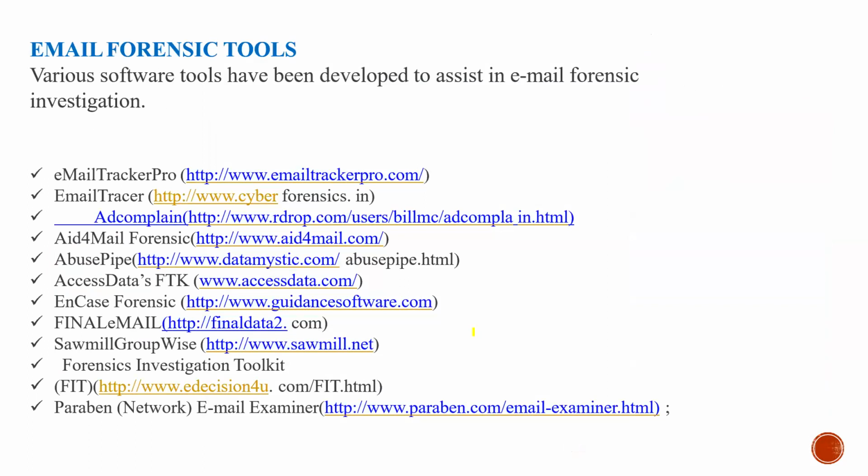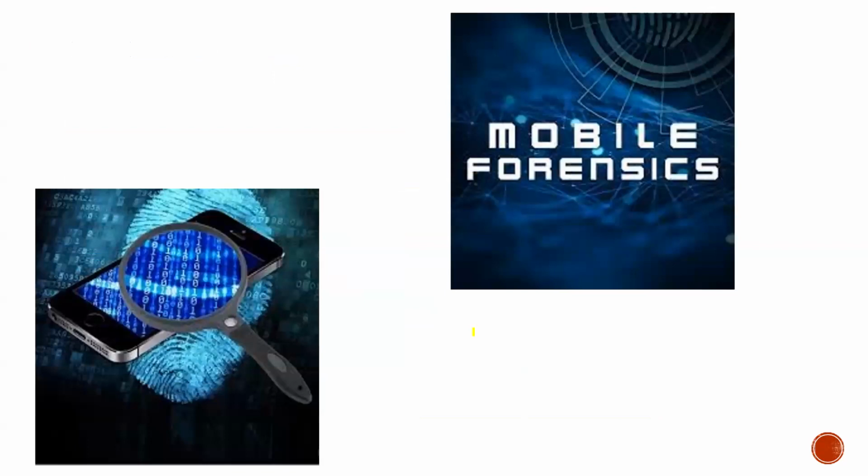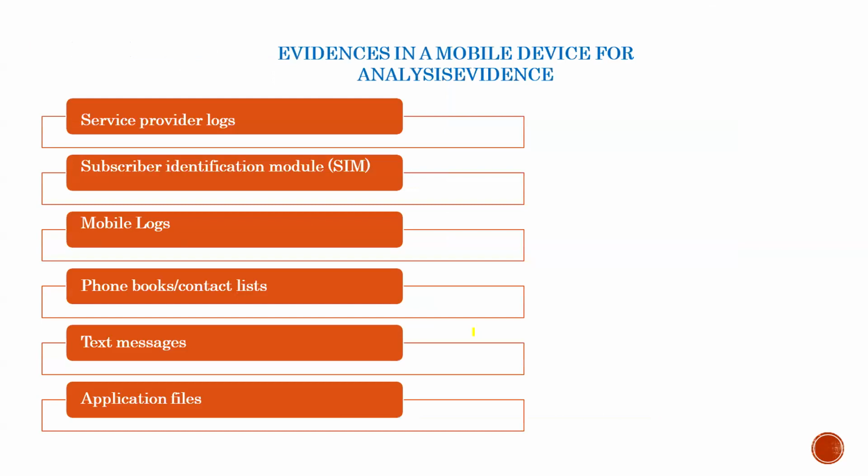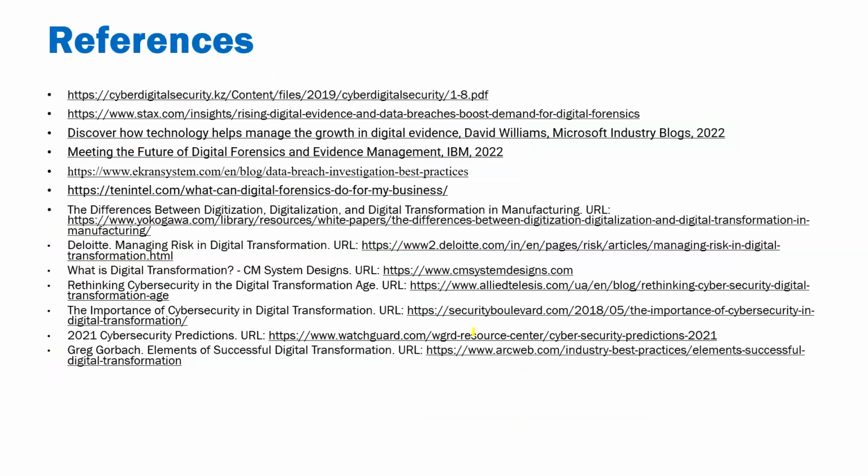Only for email, a lot of challenges are there. Again, these are a few of the tools that can help us with forensic and cyber practices for email. In the same way, we can look at mobile devices or gadgets that we are using and find evidence from them. There are different analysis ways and different data we can use for forensics, like applications, text messages, phone books, and a lot of other things. So thank you very much, and these are the references.